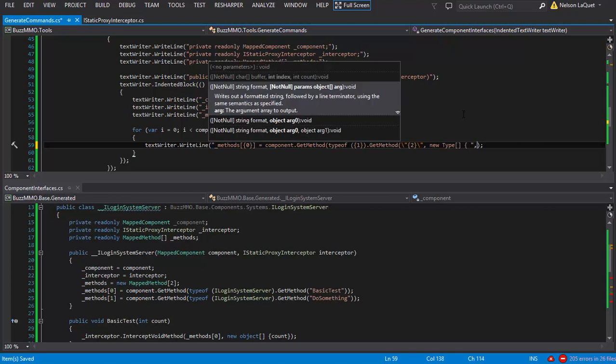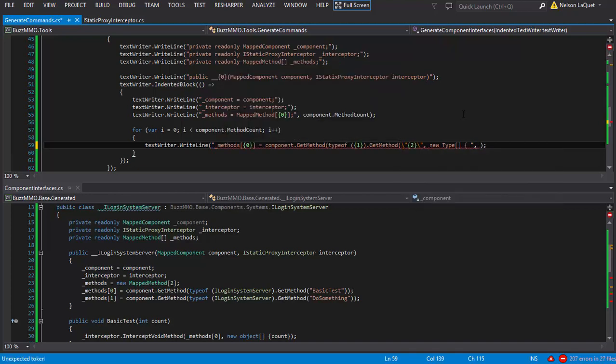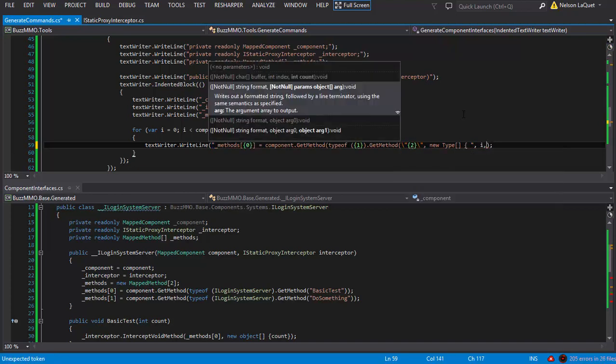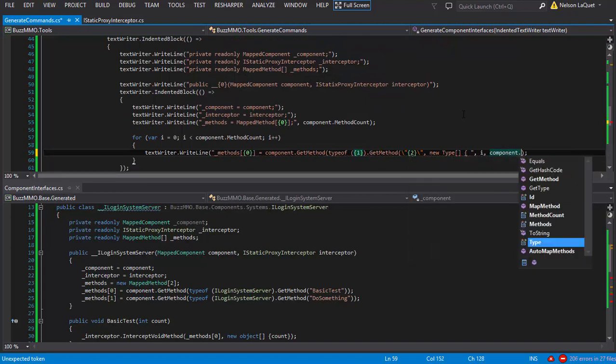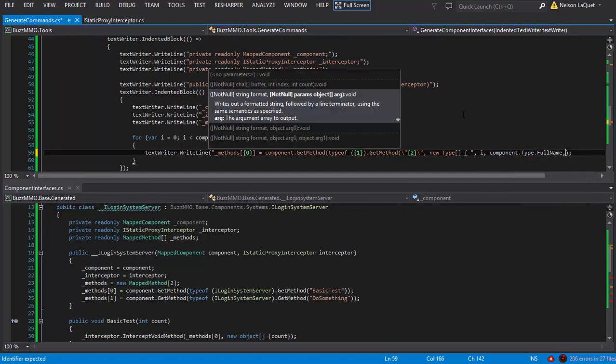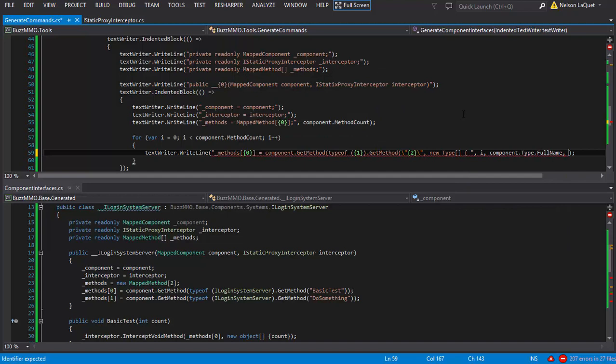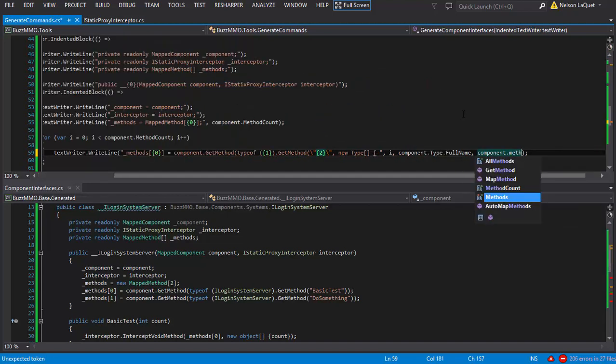Okay, so now that I have that line done, let's go ahead and fill in the blanks. The first blank is our index. The second blank is our component.type.fullname. And our third blank is our method name. So it's component.methods. Well, actually, instead of doing it like that, what I'm going to do is at the top of the